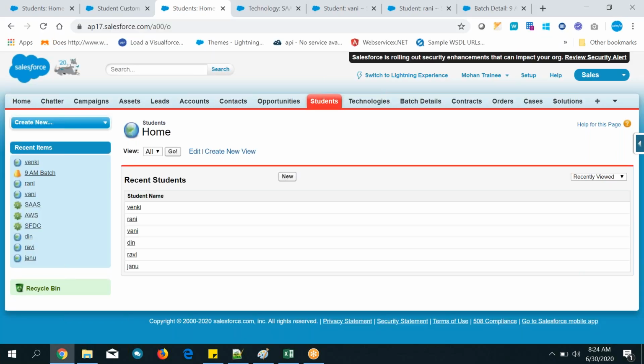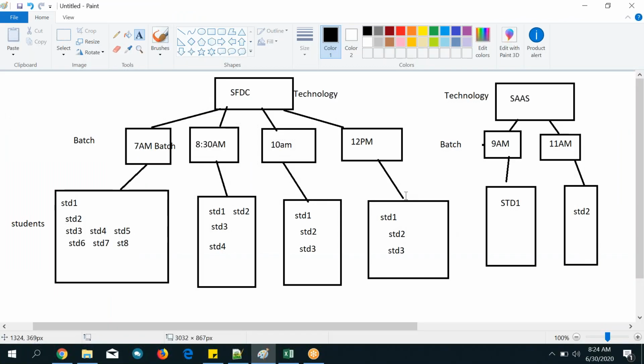I think everyone understands lookup and master. Good. Now see here, this is the original requirement, right? Anyone can suggest me, I want to achieve like this. So the business requirement is like this. If the institute receptionist opens the technology, under the technology they want to know all the batches.